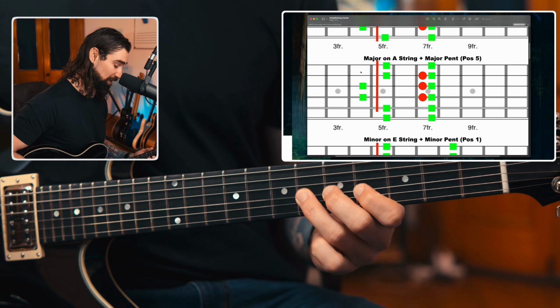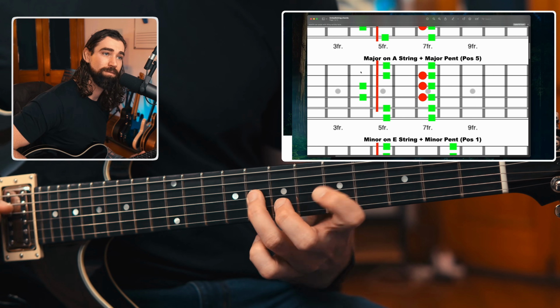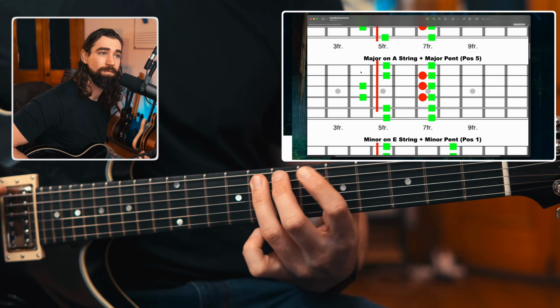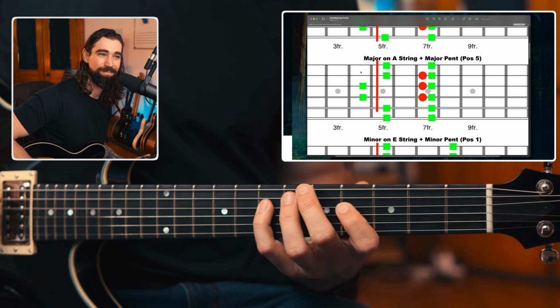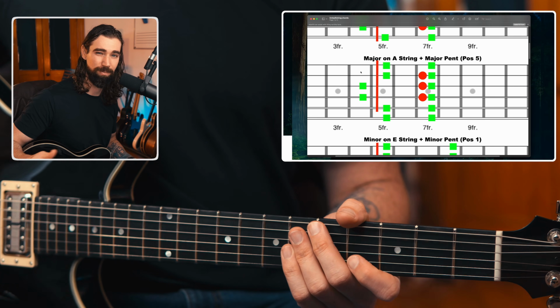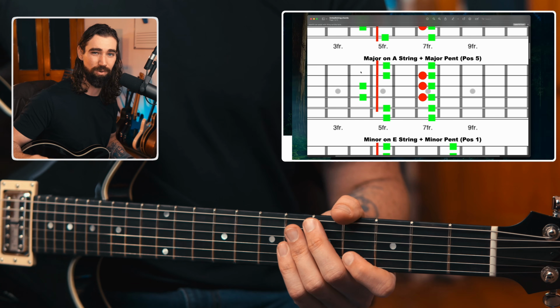Still A major. Now here comes the weird chord. Back to A major. So you can hear that I switched my scale on that last chord because it didn't